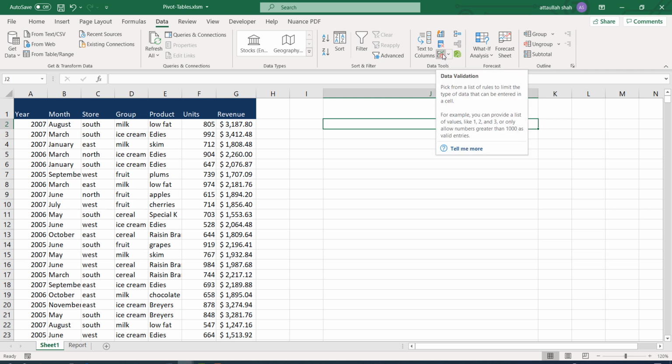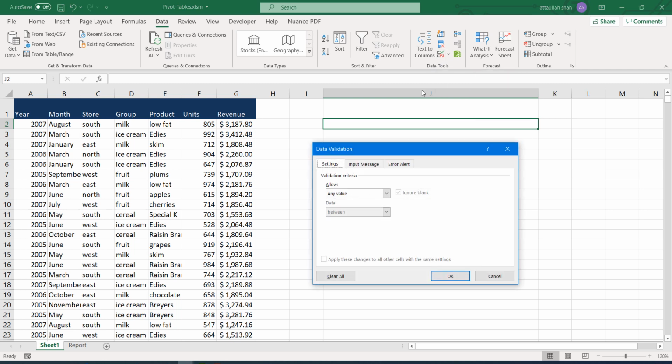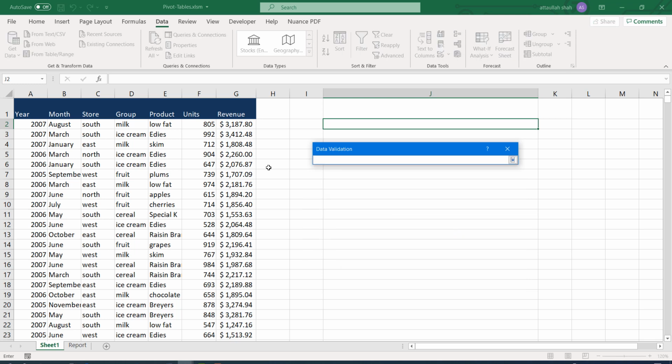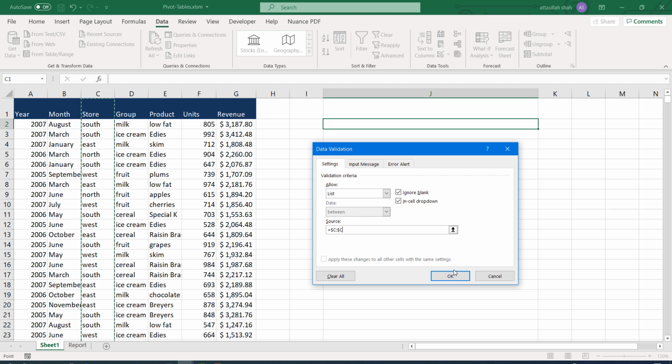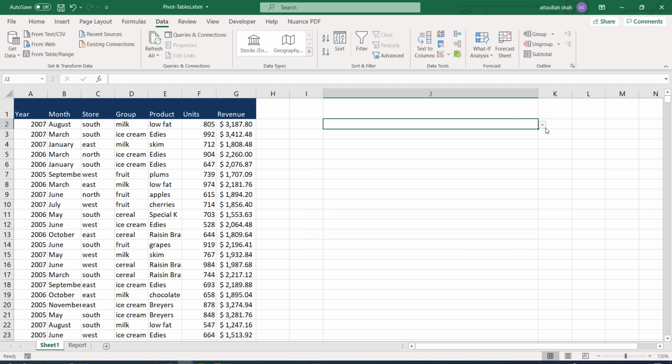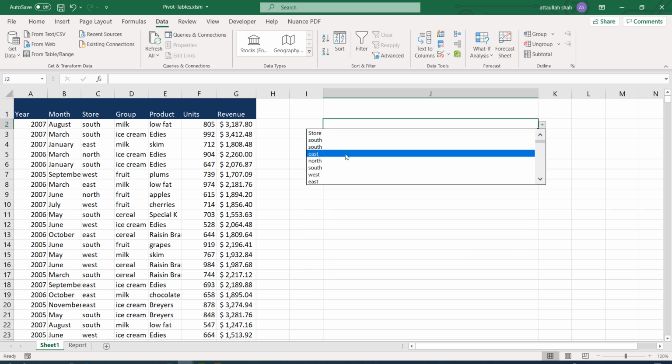So here we have data validation, and in the settings tab I'm selecting list, and the list will have a source of column C. And okay, this adds a drop down menu, and there are variations.